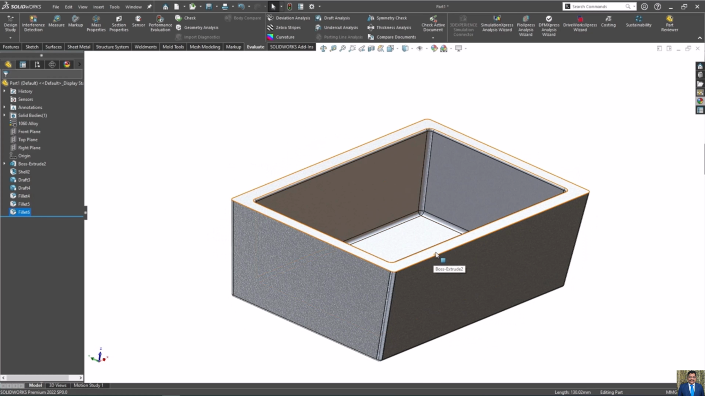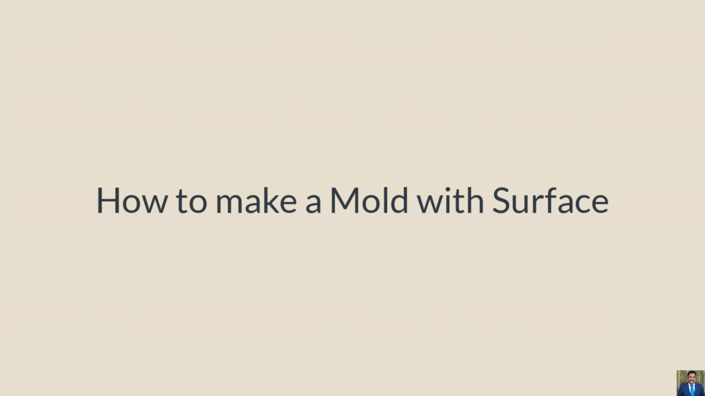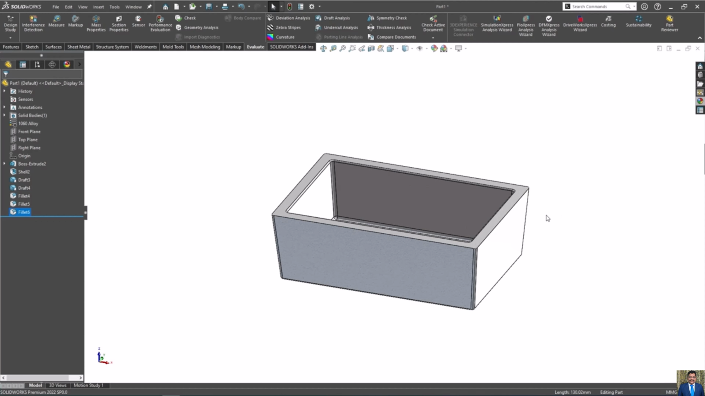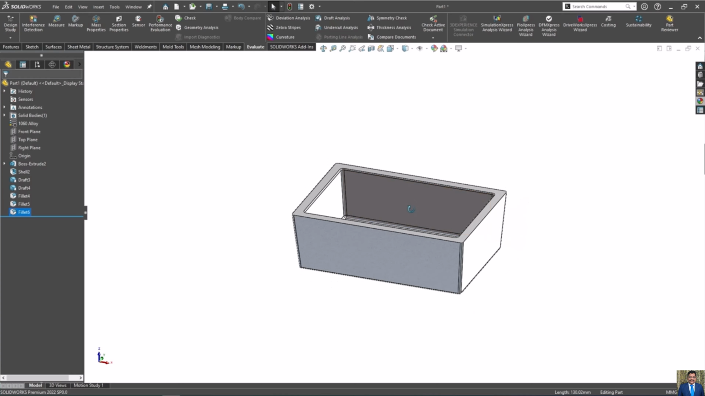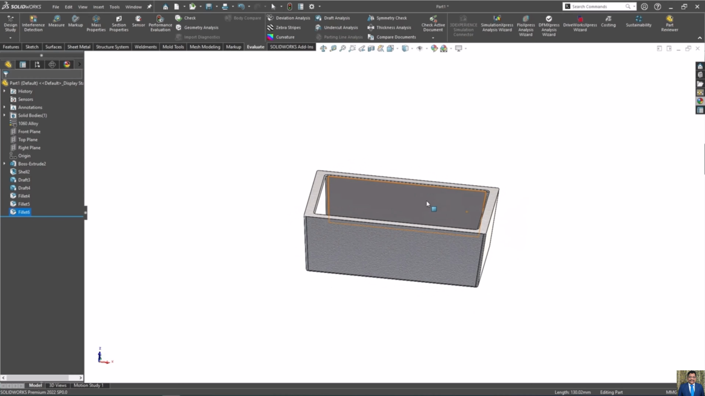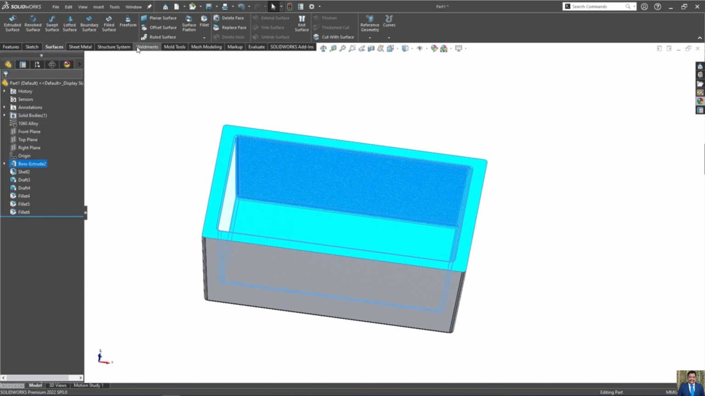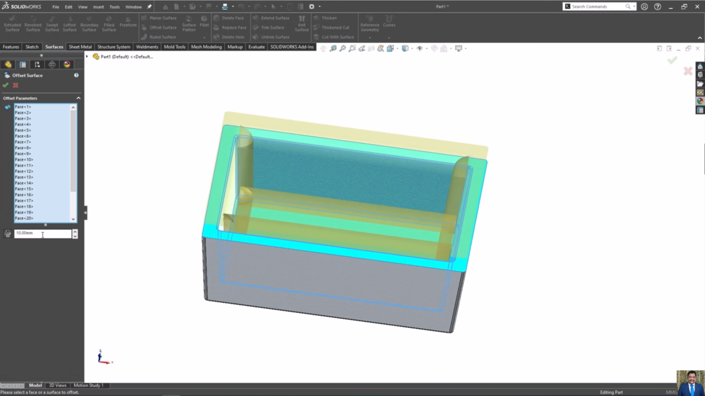We have created a part. Now we go with one method for how we can create a mold from this part. First I want to go with the surface, and it's easier, it's not complicated. If we want to create with the surface, we can click on the inside face, select tangent, go to surface, and after that go offset surface, and we say a 0